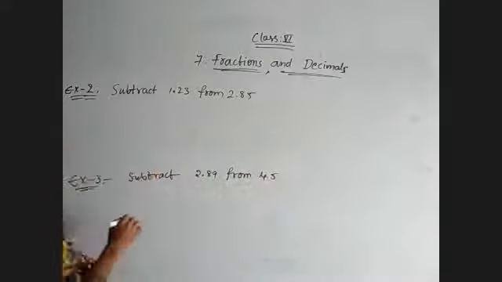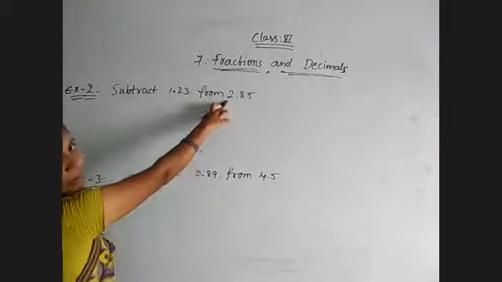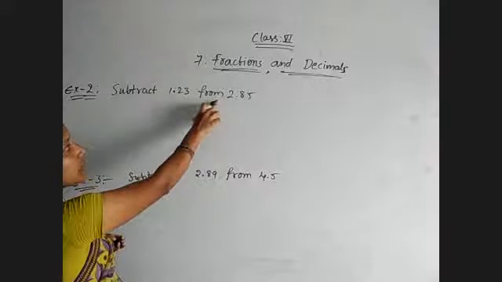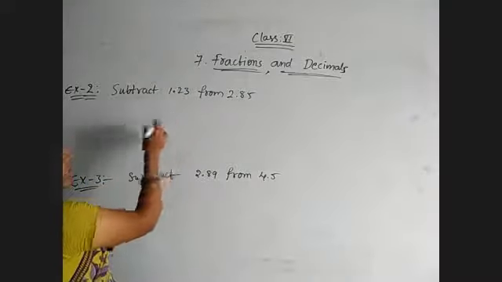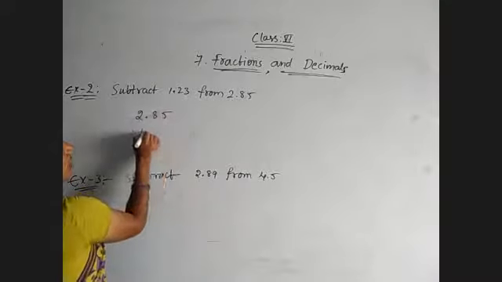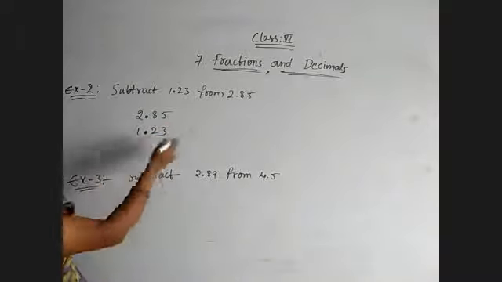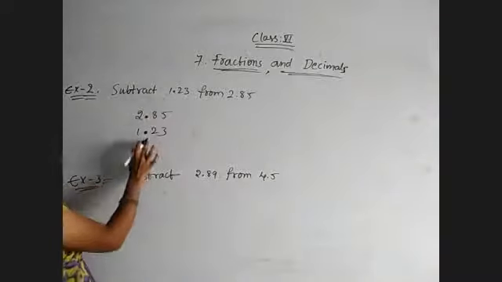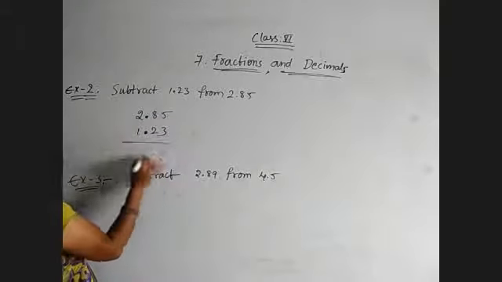Okay, just observe. From this number we need to subtract this one. We know that the greater number is 2.85, because here the whole number part 2 is there and here we have 1. So 2 is more than 1. That means they are asking for the difference 2.85 minus 1.23. Below the point we must place the point, and before the point 1 is there for this and 2 for that, and after it 2, 3. So 2 decimal places. Now subtraction.